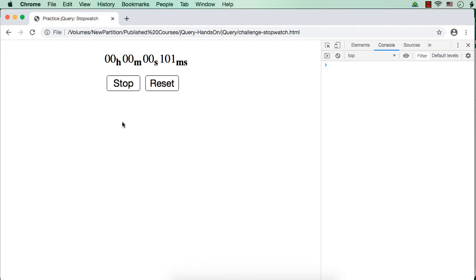Let me click start. See, it is starting. And if I click stop, see, it has stopped with the current time as 3 seconds 604 milliseconds. Let me refresh and show it once again. Let me click the start button. See, the stopwatch is running and the current time is 5, 6 like that. And if I click the stop button, see, it is stopped at the current point of time, that is 8 seconds 702 milliseconds.